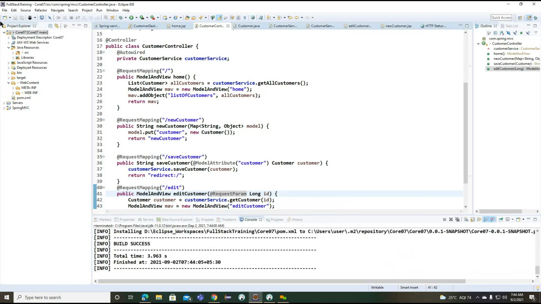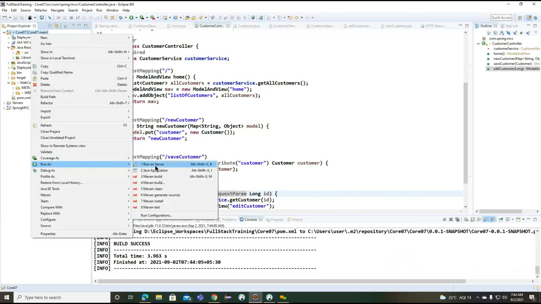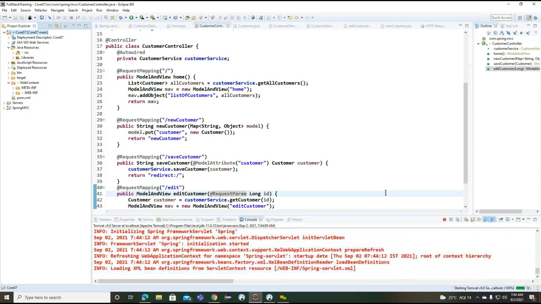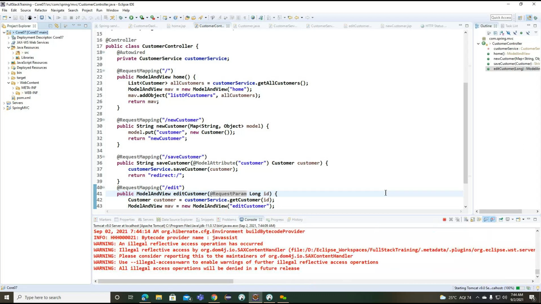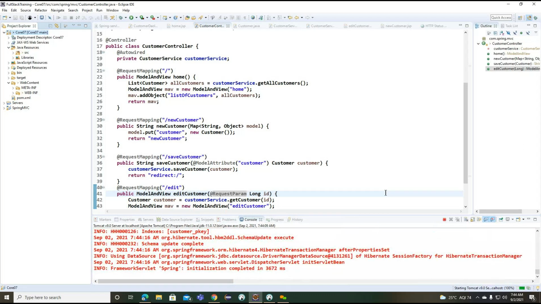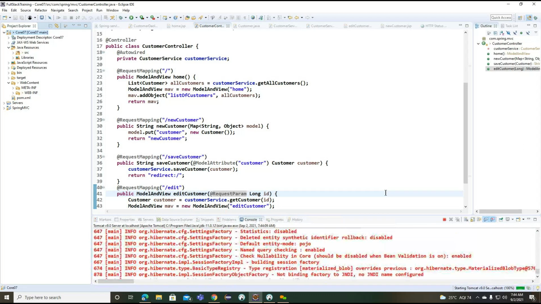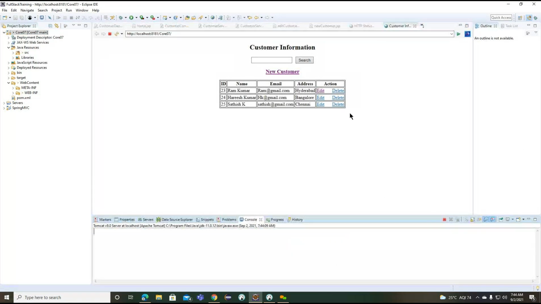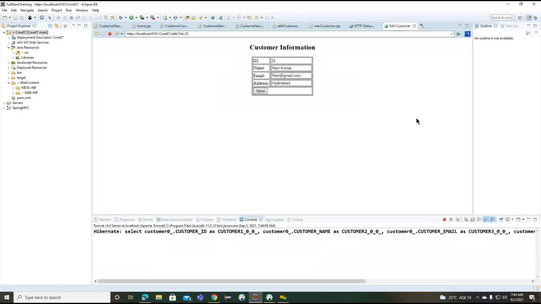So I think now I am expecting it should work right now. We'll see whether this particular current change is going to give any error. Okay, now it is working here.